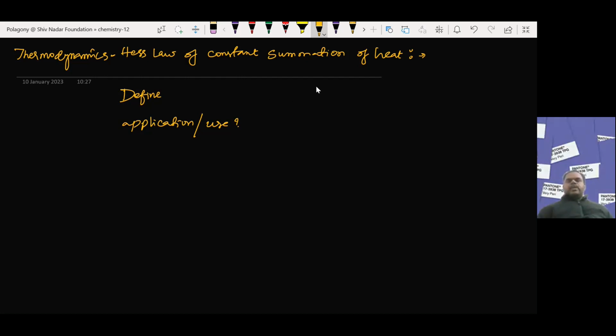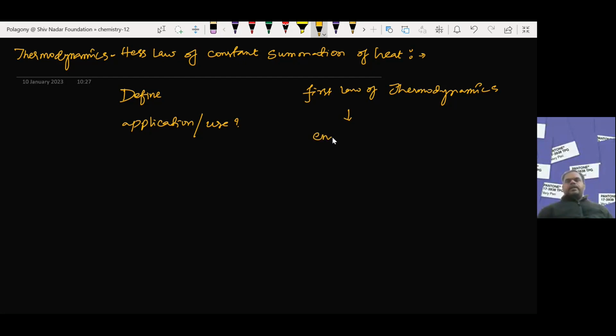It is almost similar to the first law of thermodynamics. The first law of thermodynamics says that throughout the chemical reaction,